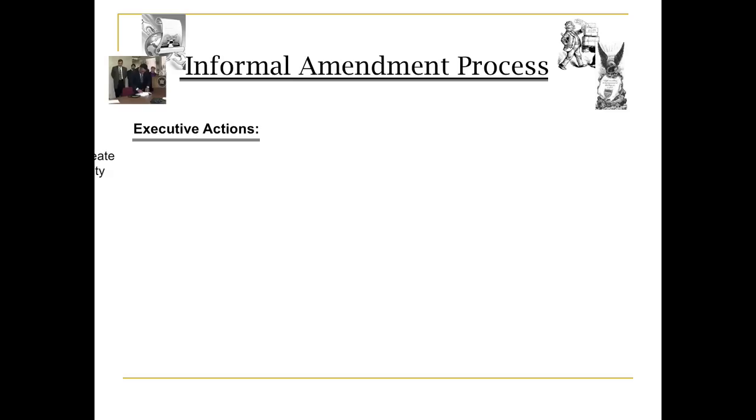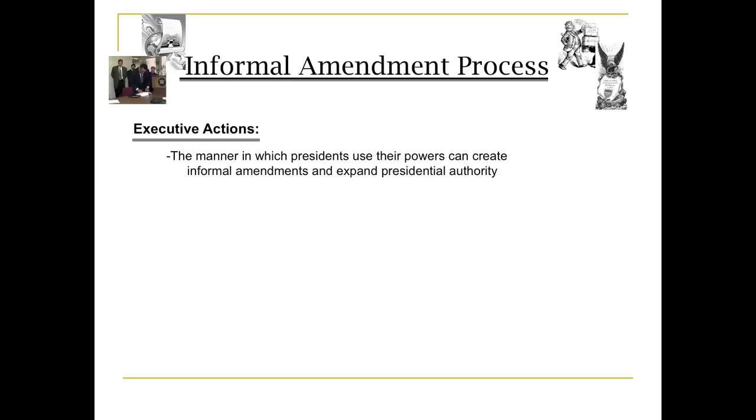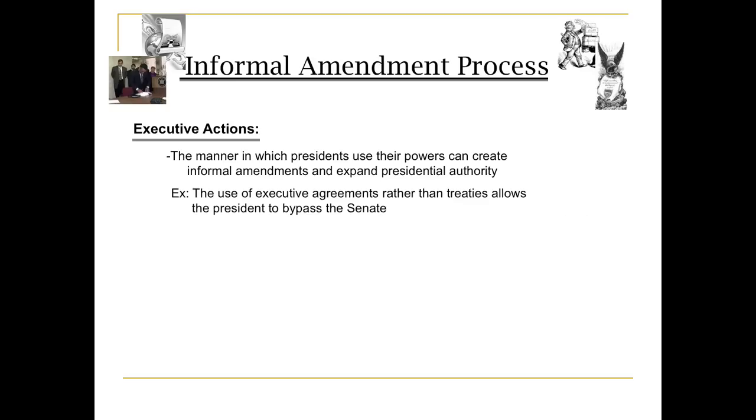The next one is executive action. I'm sure you're guessing where the third one's going. And this is the way presidents exercise their presidential authority. So, you know, a lot of talk has been about Obama and the executive orders pertaining to gun control. Well, that would then amend the Second Amendment via executive action. Presidents use what are called executive agreements rather than a treaty, so they don't have to go to the Senate any longer, and that's just now a common fact. So presidents have amended how we interpret the Constitution.